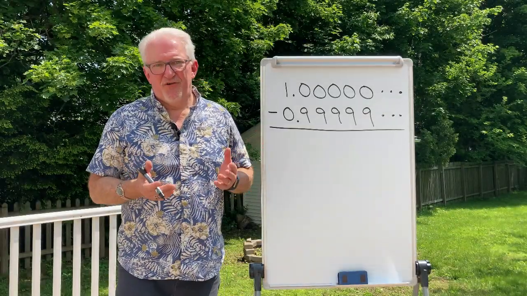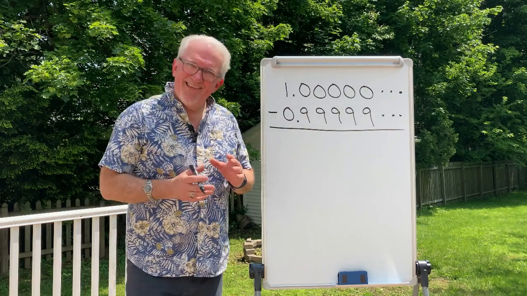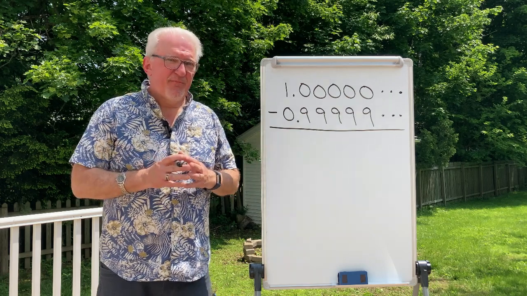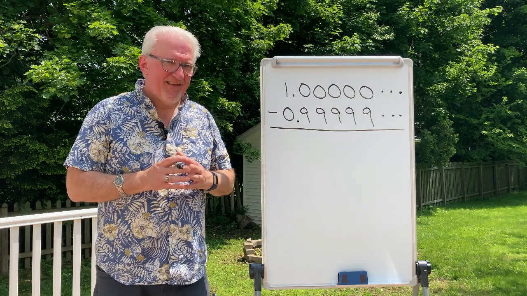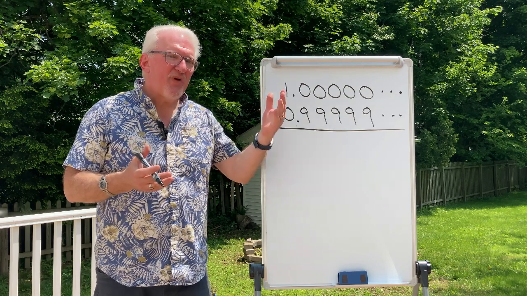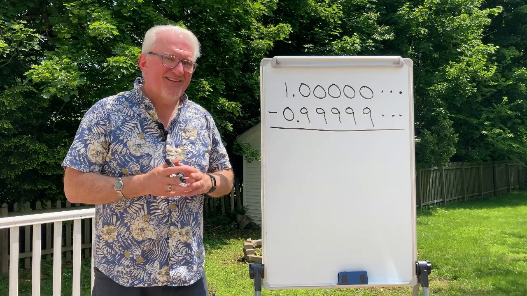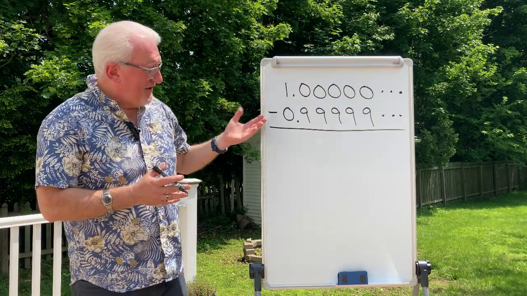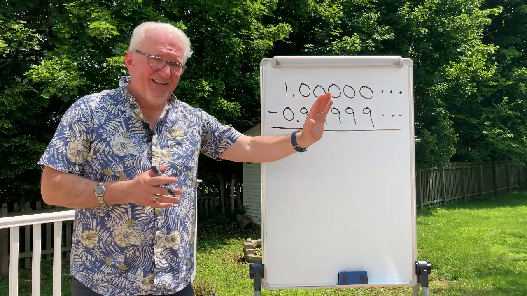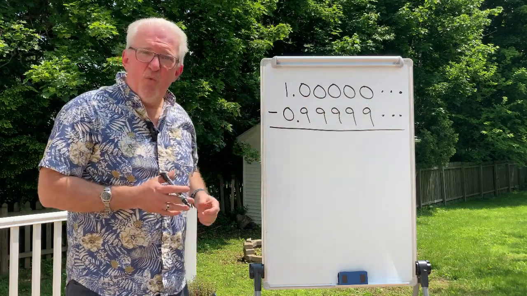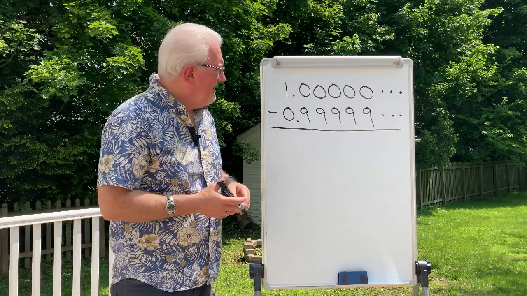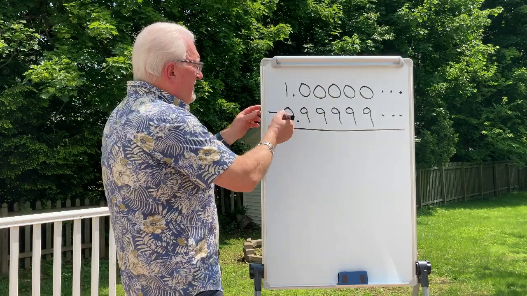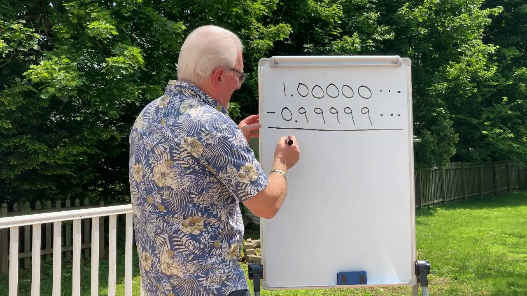Many people are surprised to learn the fact that the number 0.99999 and so on is actually equal to the number 1. As it turns out, we could use our left to right algorithm for subtraction to show that. What we're going to do is simply subtract 0.9999999 and so on from 1 and see what we get. Well, using the algorithm that we just looked at, 1 minus 0, well, that's 1